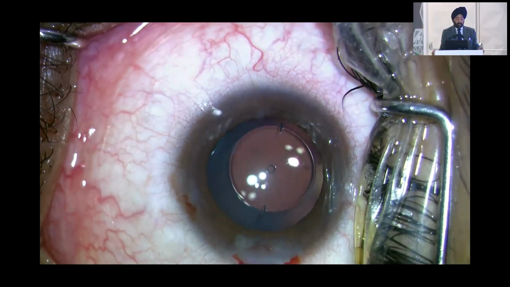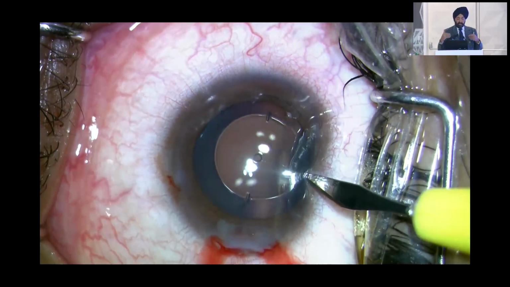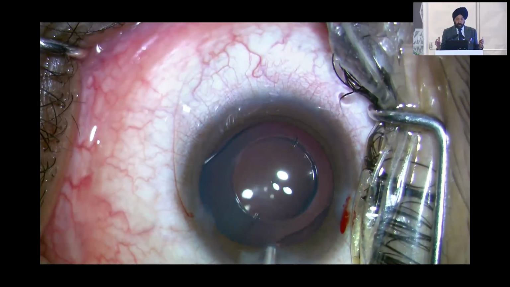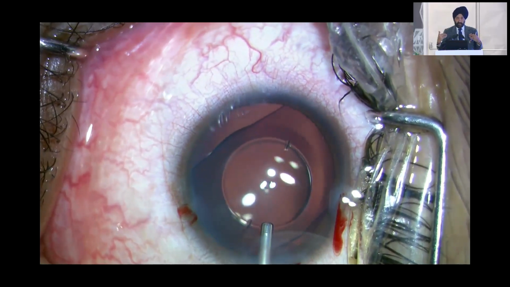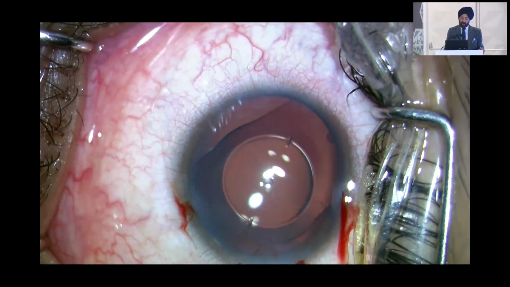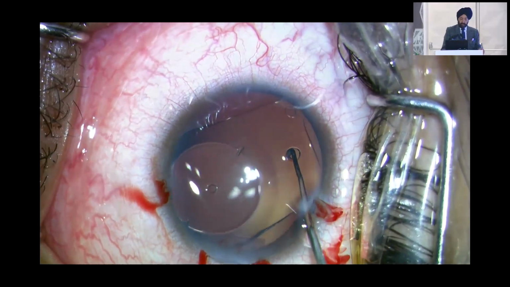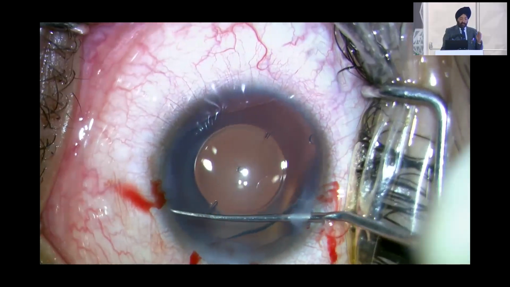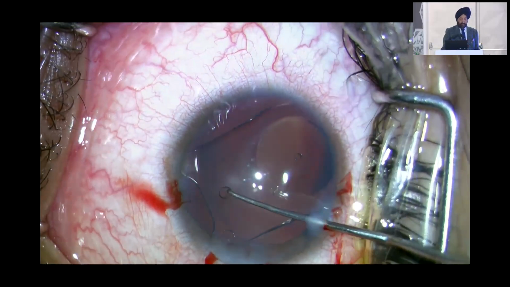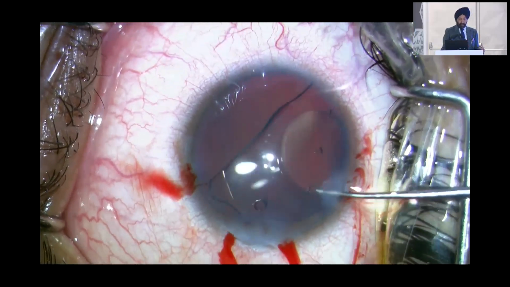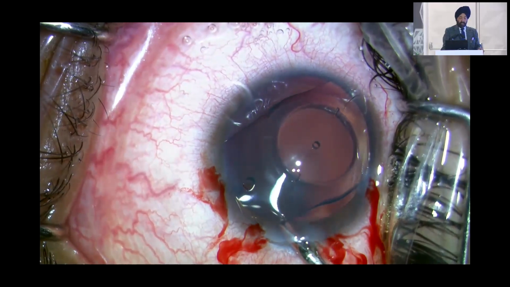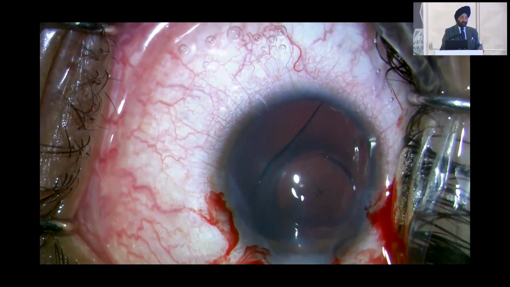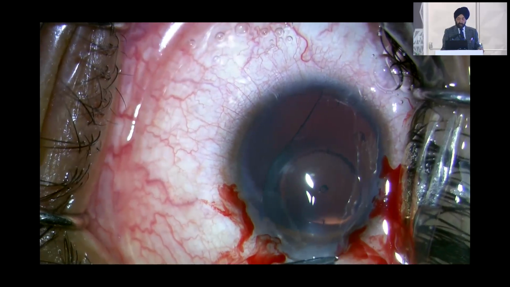The UBM also didn't show anything. So these are surprises. This is one of the surprises I have seen in my career, that despite the size being all right, the lens was getting decentered. This patient was terrible. I'm sure he'll go to the consumer court, the way he was talking. But I told him everything is good. There is no reason I can find as to why this has happened, and there is no other way that you can manage this particular case. But if redialing has been done early, you have to just pull it out.